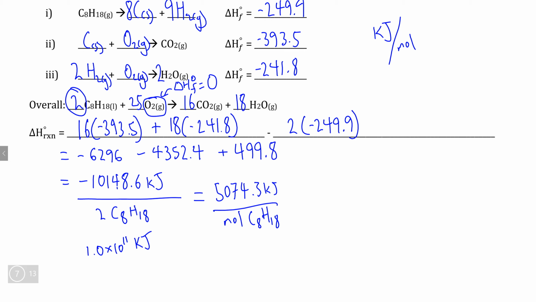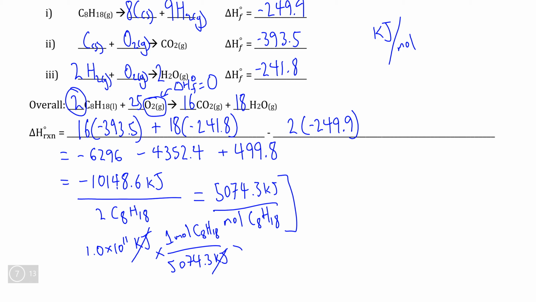Now, if we want to figure this out, we need to figure out how many moles of octane we need, but since we have our delta H term here, we can cancel kilojoules by dividing by 1 mole of C8H18, which generates 5,074.3 kilojoules per combustion reaction,